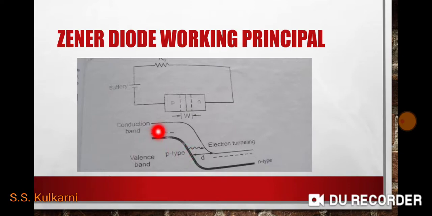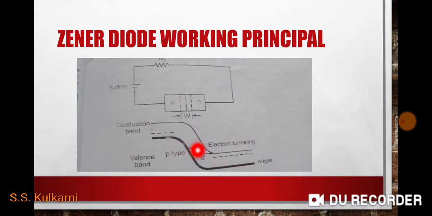I just told you that the valence band is totally filled, whereas the conduction band is totally empty. So what happens? The charged particle from the P-type valence band easily jumps to the conduction band of N-type. Here the electron will tunnel, that means jump from P-type material to N-type material of Zener diode. When one electron tunnels, it makes the nearby electron unstable, hence a number of electrons will tunnel from the valence band of P-type to the conduction band of N-type. This is known as Zener effect.